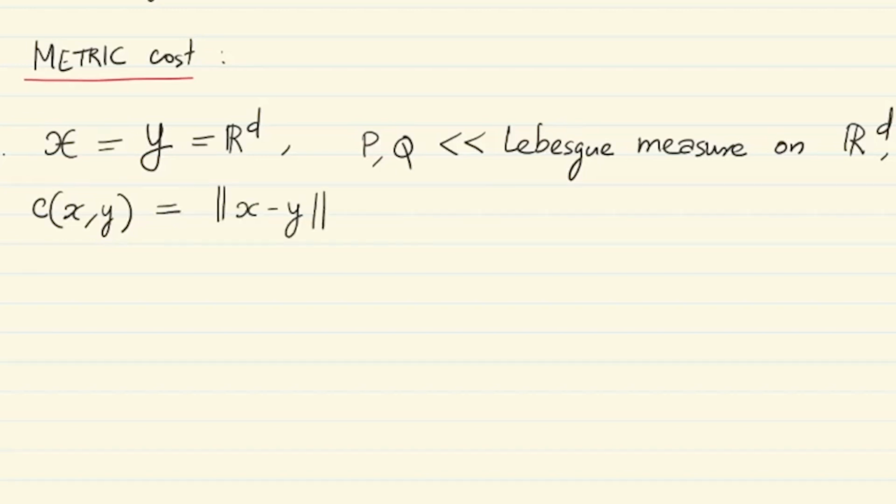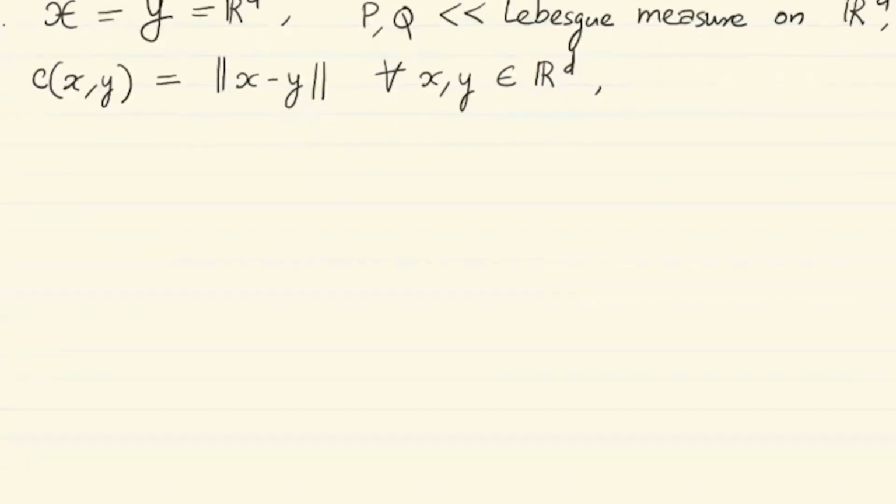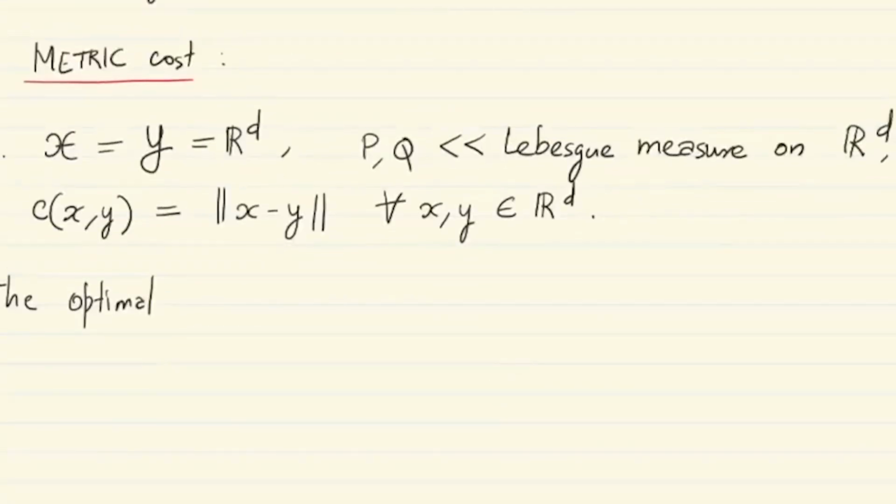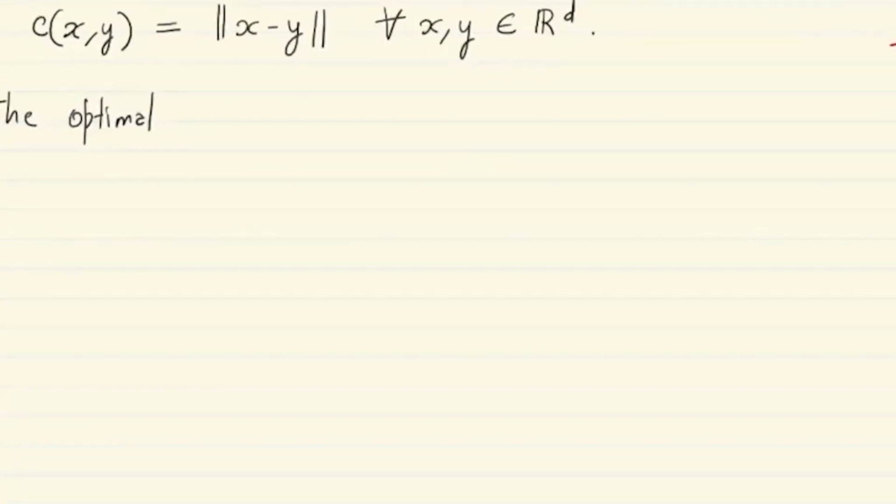This can be any norm, by the way, defined on Rd. Then the optimal transportation cost. So let's call this setting P1. So the optimal transport cost for P1,